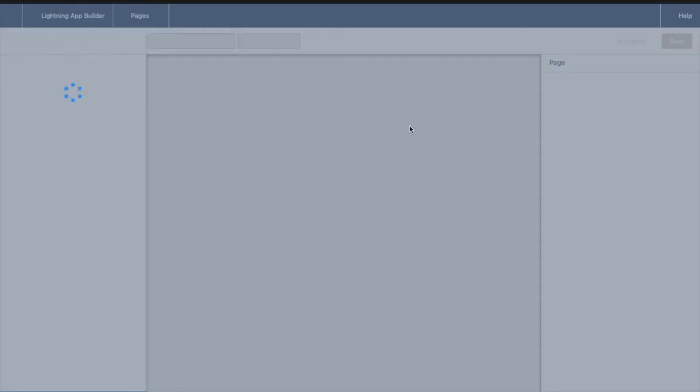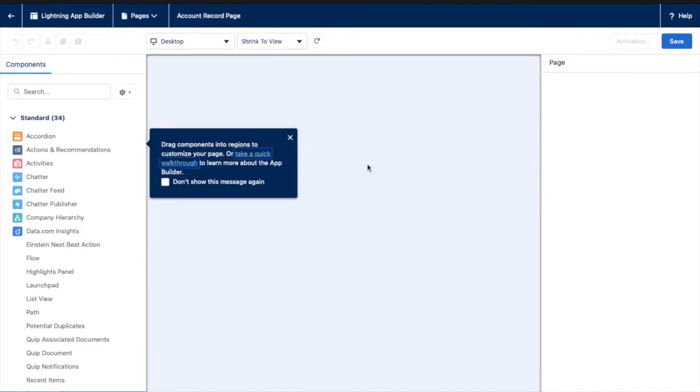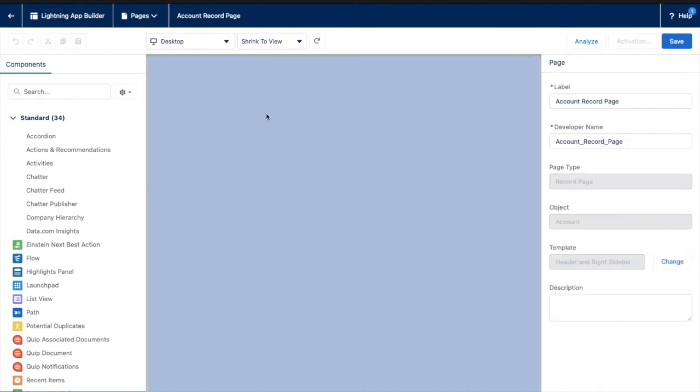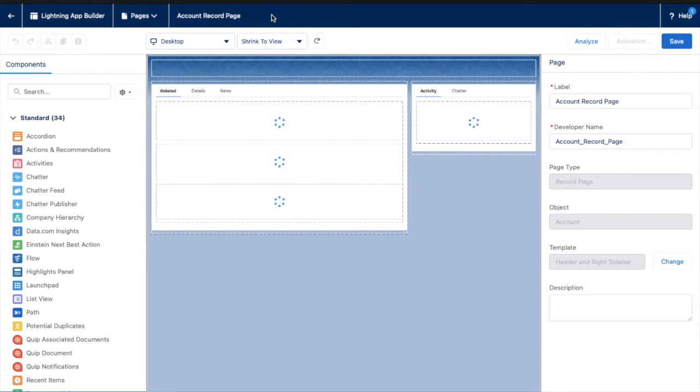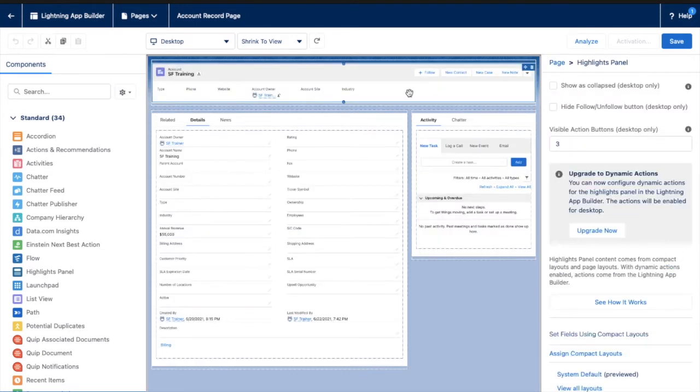So the changes that you want to make in terms of dynamic actions or anything on the record page, you'll have to modify the Lightning record page, which is the account record page for our current use case, right? So if I click on this highlights panel right here, you see some option coming up to upgrade to dynamic actions. This says you can now configure dynamic actions for the highlights panel in the Lightning app builder. The actions will be enabled for desktop. So this is available for desktop, and let me just click on upgrade now,